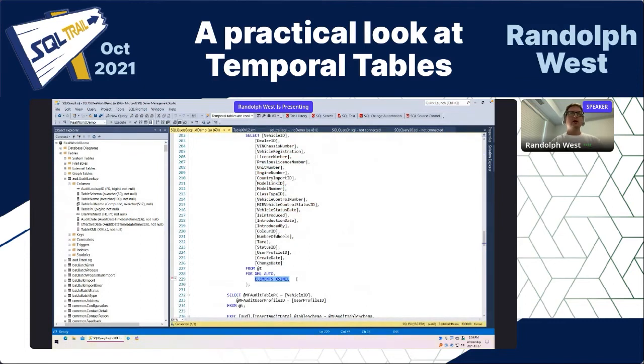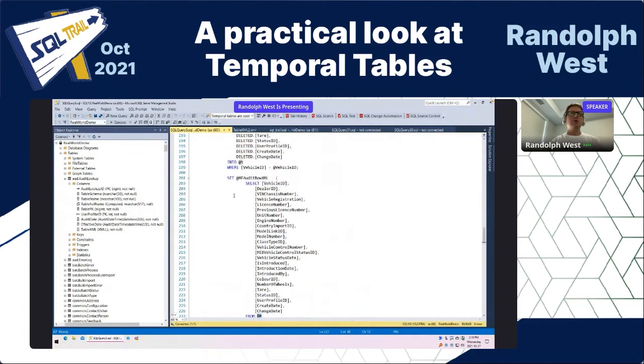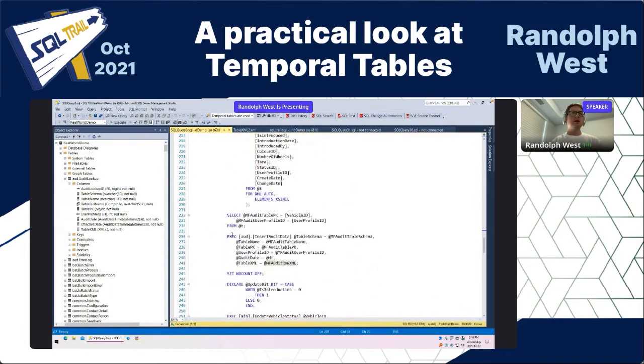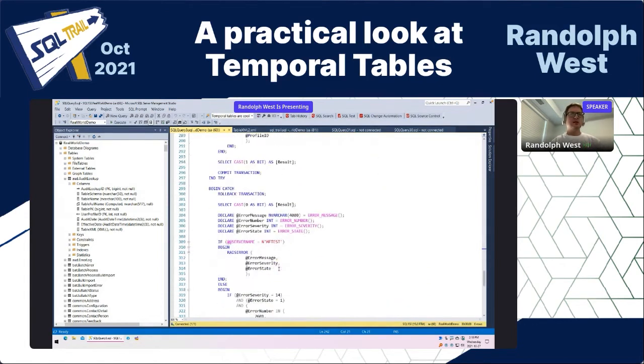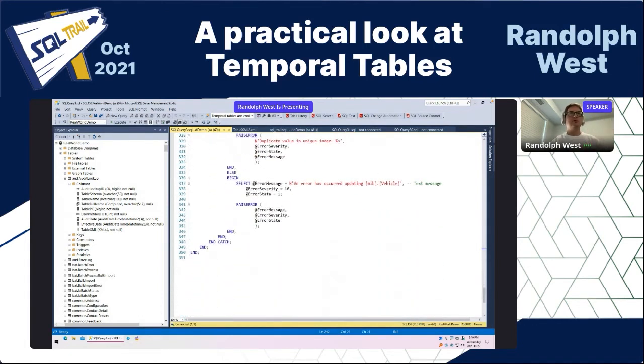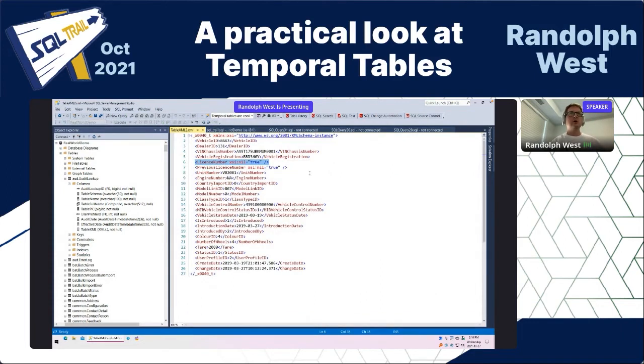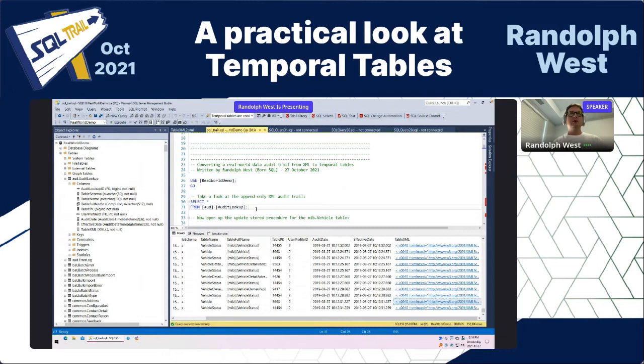So once we have created that XML and we've put it into this XML parameter, then we just go and run another update procedure and we go and dump that into the audit lookup table as an append only, another row in the table. Done. And then there's a little bit more business logic that happens here, which is related to how the process works for the tool. But from our point of view, once this XML is written to the table, there it is. So what we want to do now is we want to say, all right,